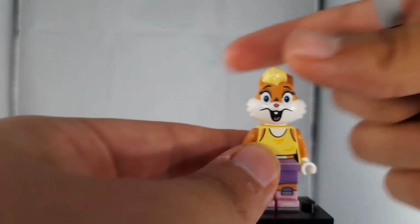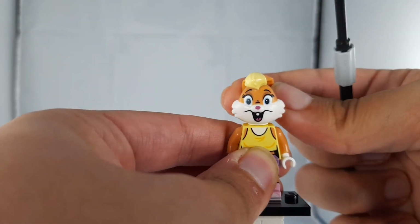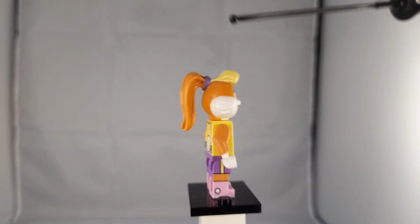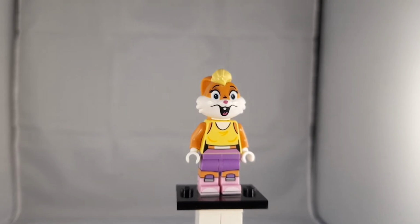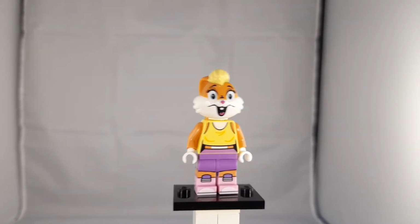Head is actually really interesting. Now, it is tight on there, but after a while it will loosen up. It is one mold. She got a tuft of hair. Her ears tied back, which is meant to represent a ponytail. Don't think about the logic of that, because if they're her ears and her ponytail, it's just weird. The face is,